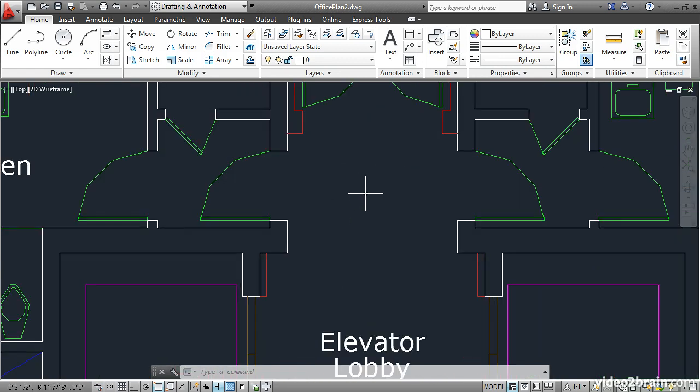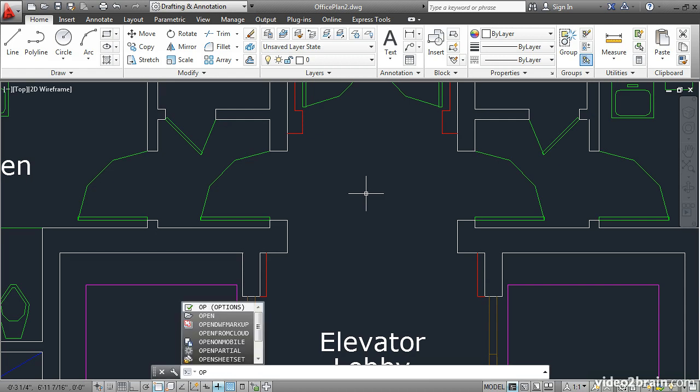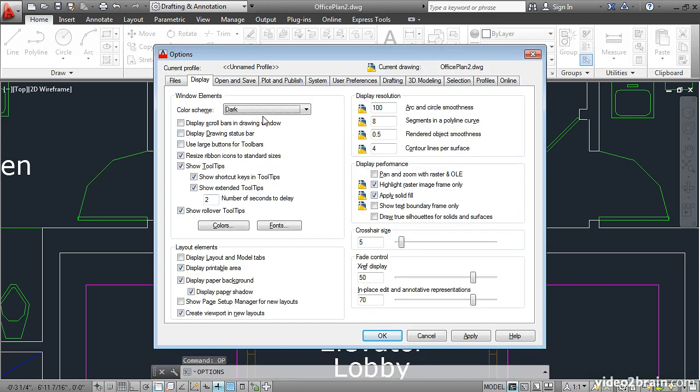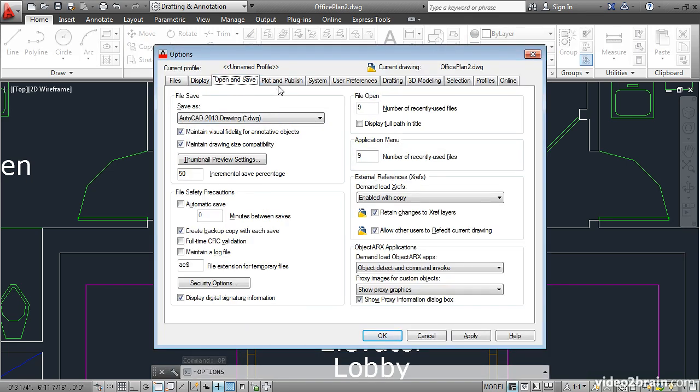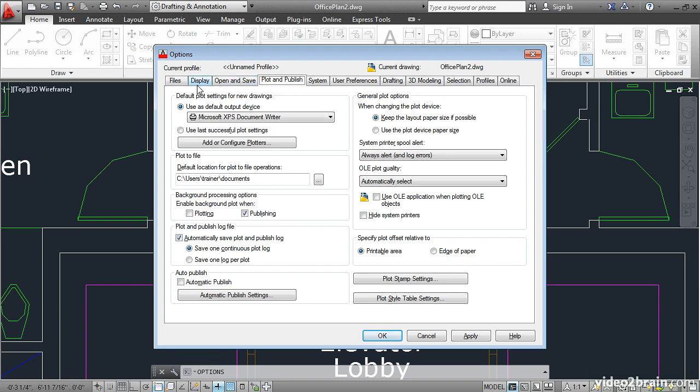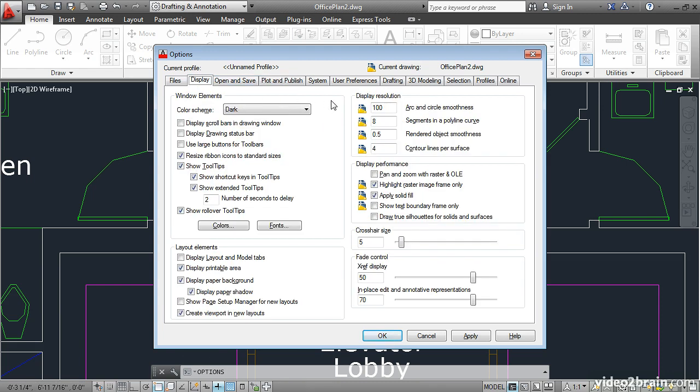Notice that the doors have a jagged appearance. This is controlled by a system variable. Type in OP Enter to access the Options command. This dialog box has many tabs which contain numerous options. Go to the Display tab, and under the Display Resolution area here, there are 4 different system variables which are